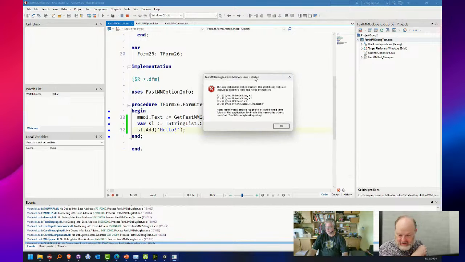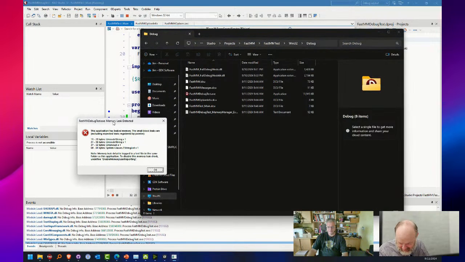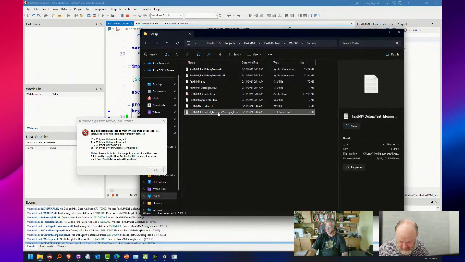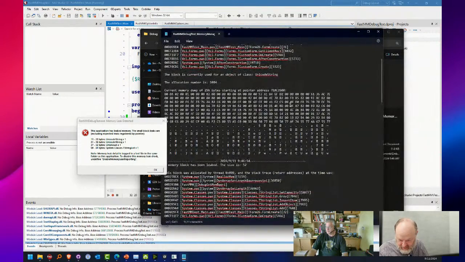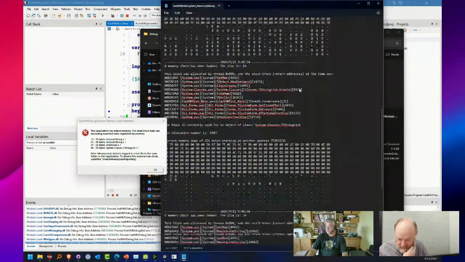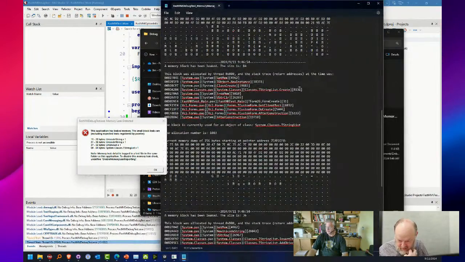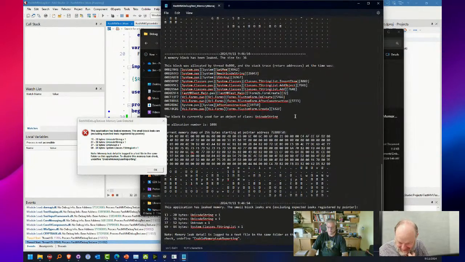All right, so now I got the memory leak detected report, and it's also logged into a text file in the same folder. So I can go into here and into there, open that in Notepad, and now we can see a very detailed memory leak report in here. Very, very detailed. That's great.